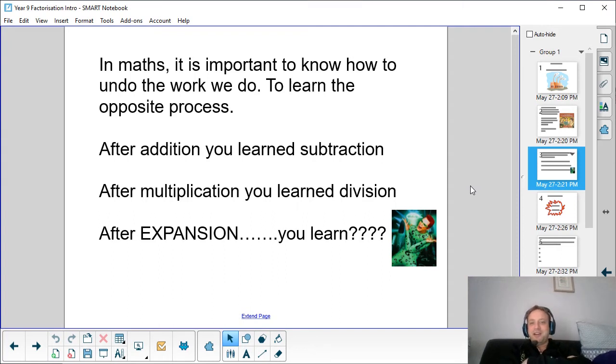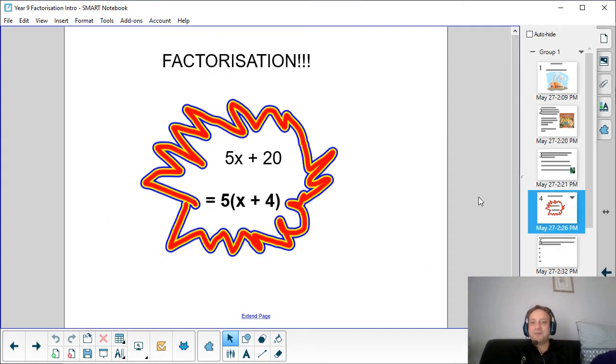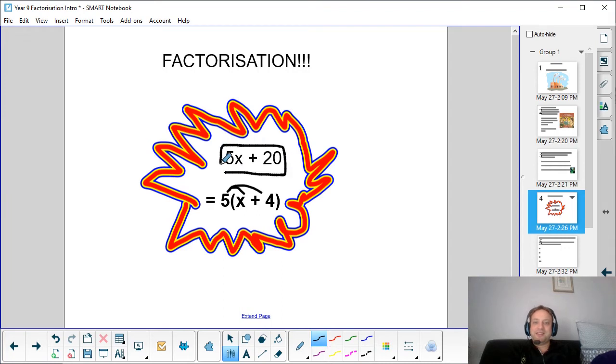And now that we've expanded brackets, the next thing that we learn is factorization, right? So expanding was going one way. You had a bracket, you had some stuff on it, and you expanded those brackets away, right? We did some multiplying in, and then there weren't any brackets anymore, right? The brackets were gone, right? Because the 5 came inside those brackets, pulled them apart, and multiplied everything by 5. We're now going to go backwards. We're going to start with something that doesn't have brackets, like a couple of terms like this, and we're going to put it back inside its brackets and undo all the hard work that you just spent the last week